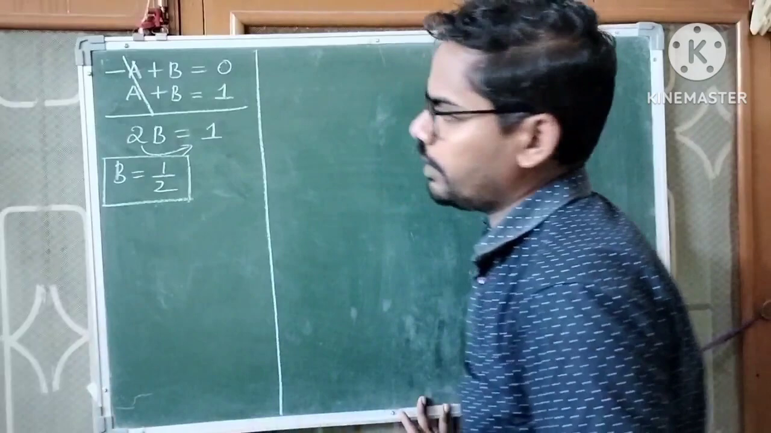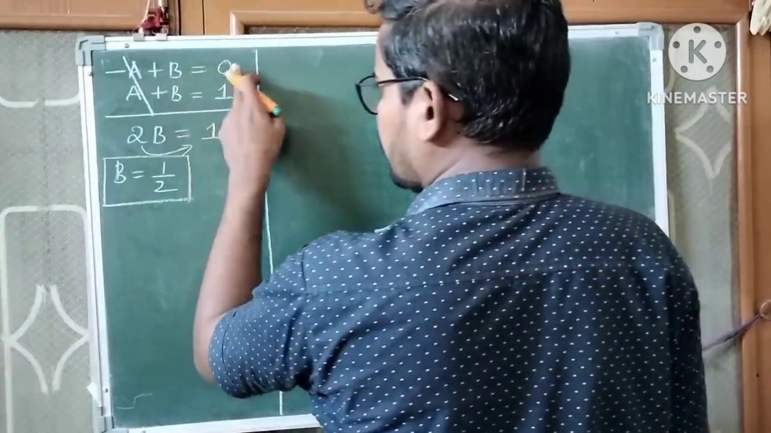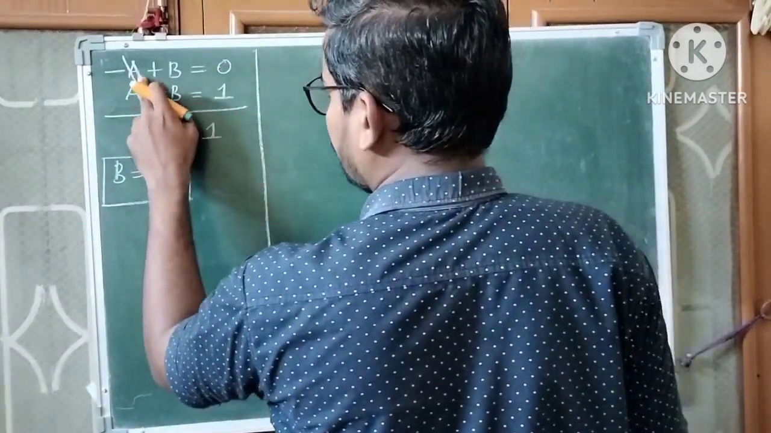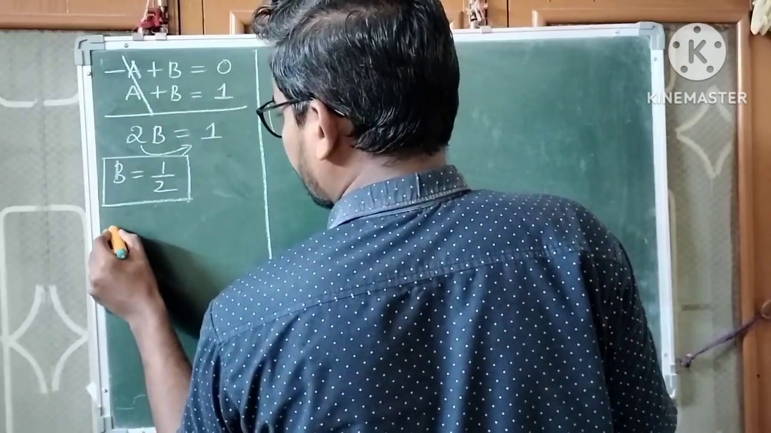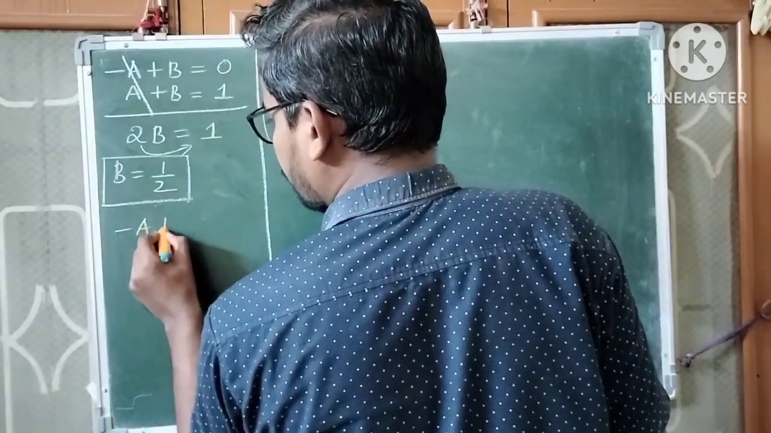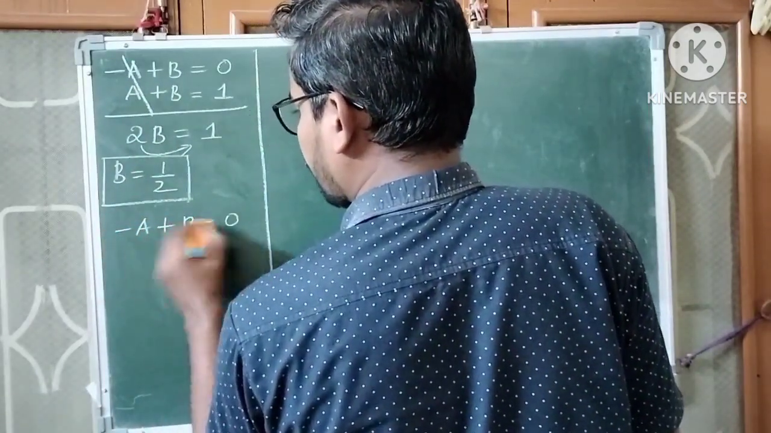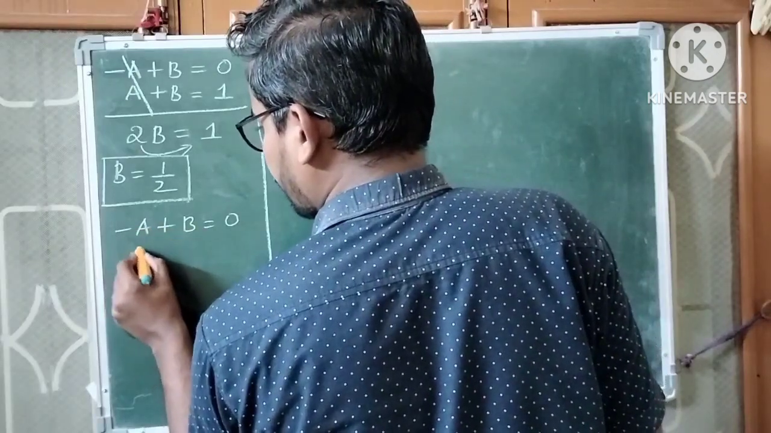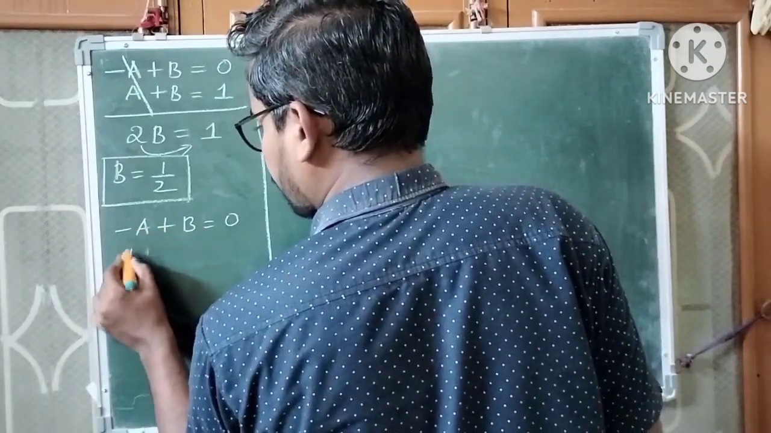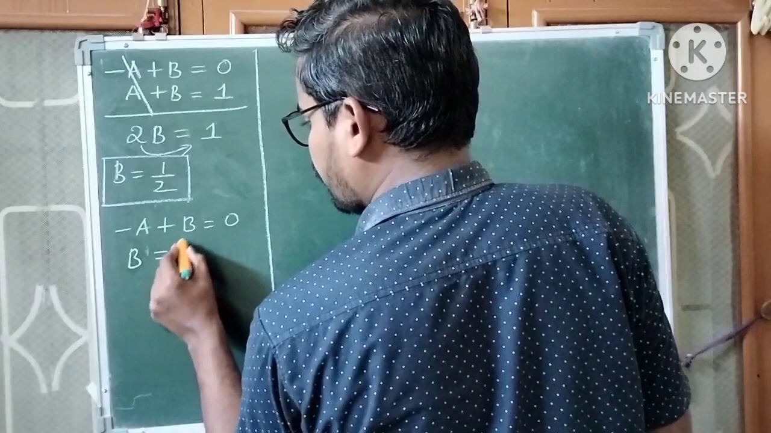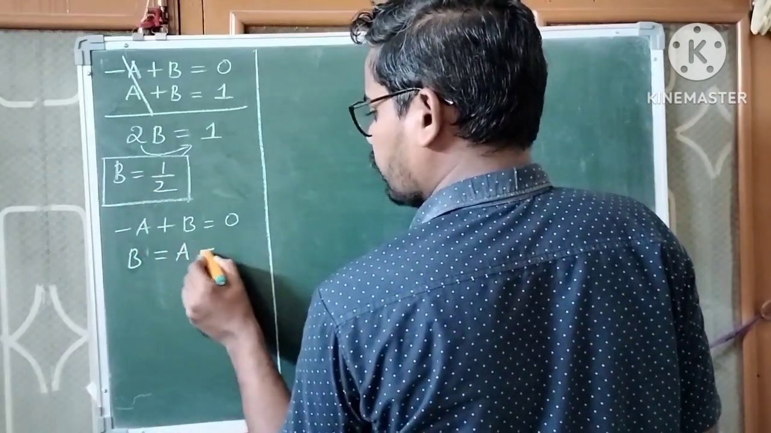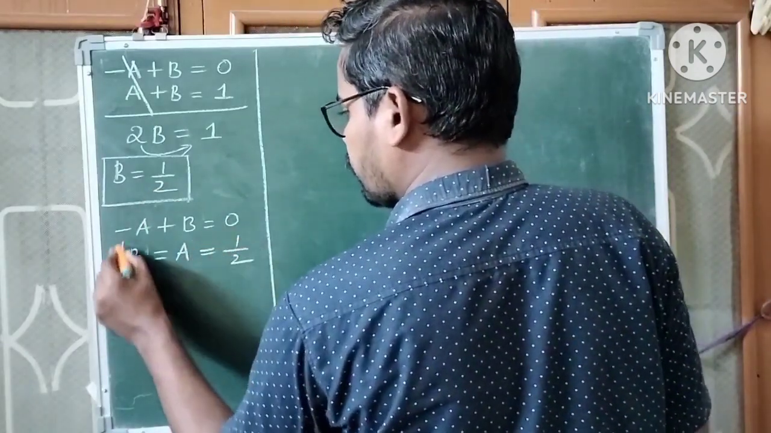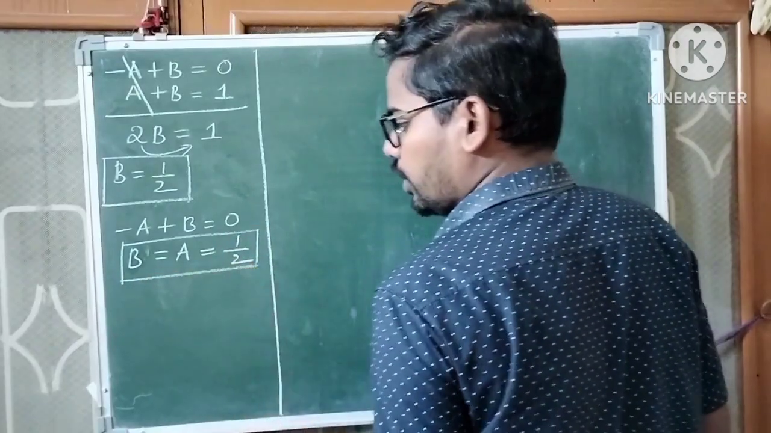Now how to find the a value? Use either equation 1 or equation 2. In equation 1, minus a plus b is equal to 0. Now transpose minus a, you will get plus a. So b is equal to a, negative a becomes positive a. b is equal to what? 1 by 2. Therefore a is also equal to 1 by 2. So therefore